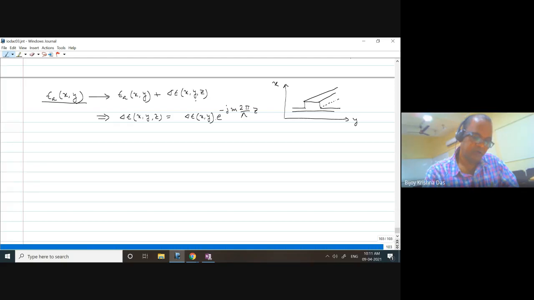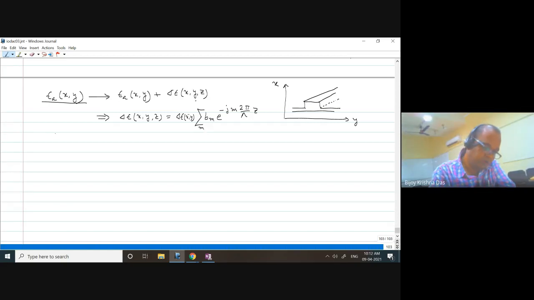So instead of writing this, we just represent it slightly differently. It is not this type of modulation, it is a sinusoidal modulation. If it is sinusoidal, then we can say this is the xy perturbation, and then we can decompose it into Fourier harmonics. So in that case, we have actually derived